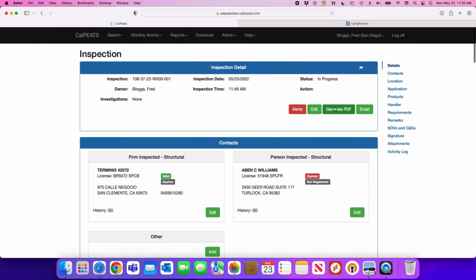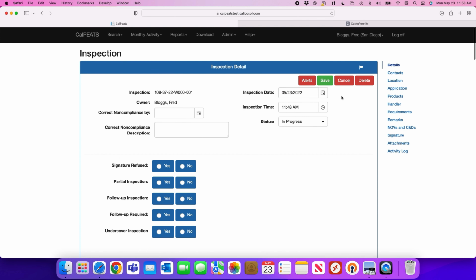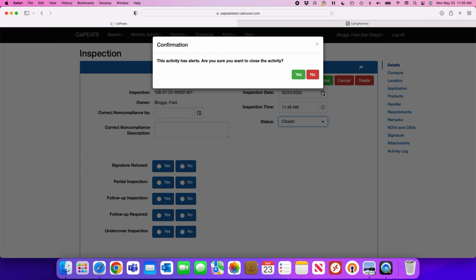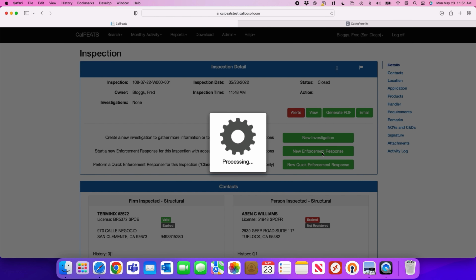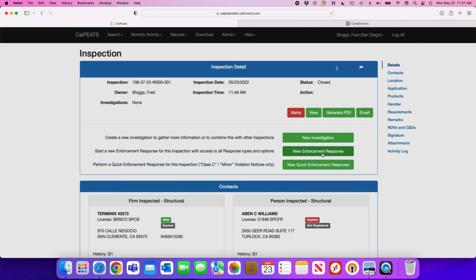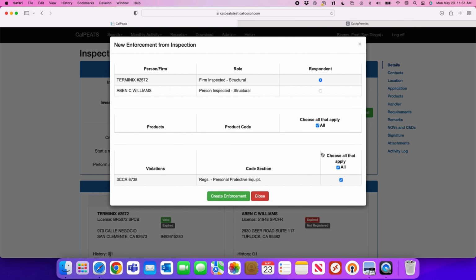Then I'm going to edit and close this inspection. Obviously, I'm missing a lot of data, but we don't care. Yep. So now I'm going to do an enforcement response, and I'm going to issue that enforcement response against Terminix, and